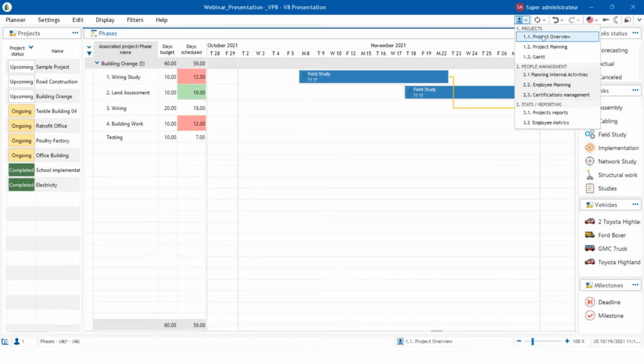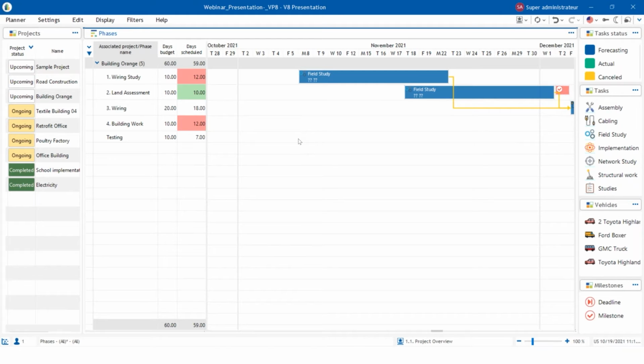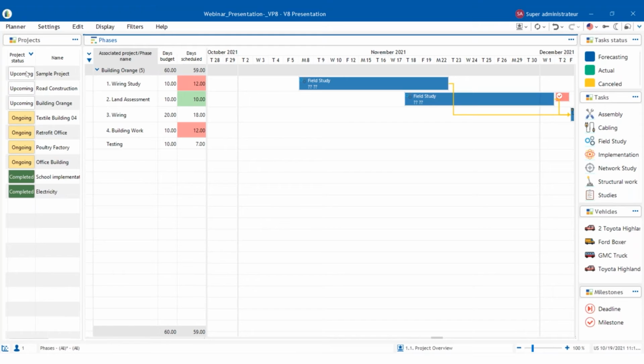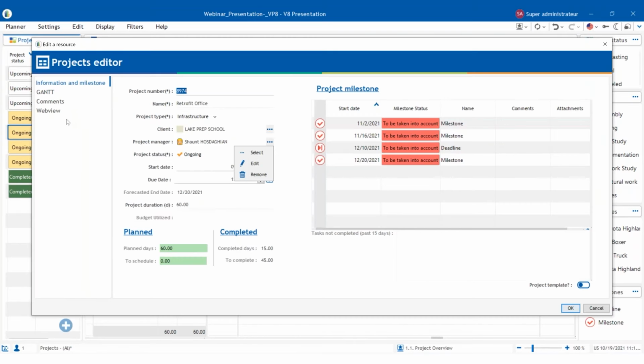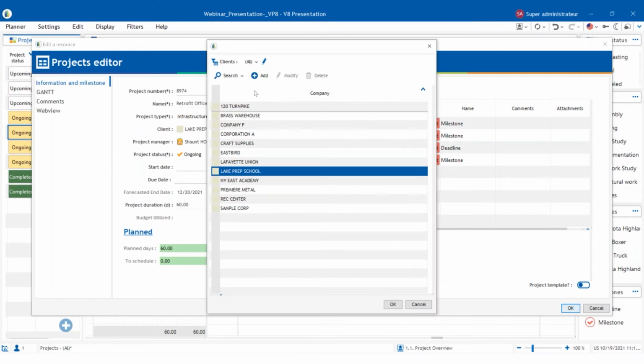This first view is what we call a project overview. So what you're seeing here is a list of projects. We have different statuses for each. Each one of these has details in it. So for example, if I click on this project, information on here we've built so that you can figure out what your ID number might be, your office name or business name, any type of project that you're going to be working with, title of your client, whether you want to have someone that's recurring or add a new one. You can assign a